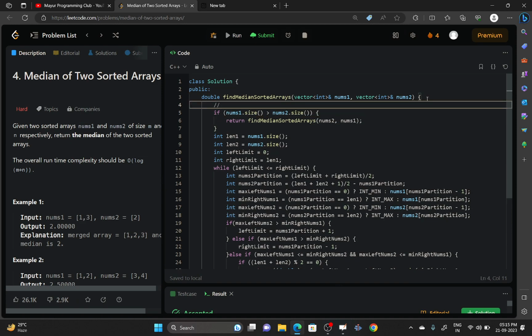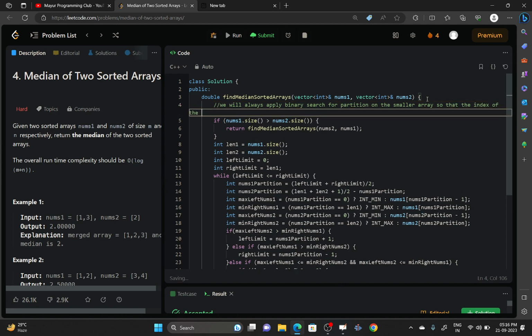So this we have discussed that we will always apply binary search for partition on the smaller array so that the index of the partition for the larger array, or say for the other array, is well within the bounds